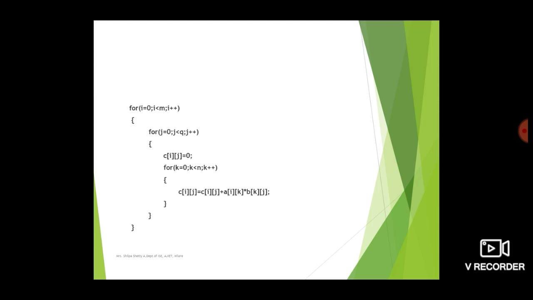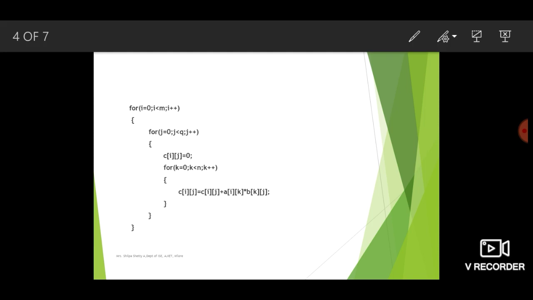So for i = 0, the loop variables remain i and j here. i = 0, i < m, because we are taking elements from a particular row of the first matrix. So for i = 0, i < m, i++. For j = 0, j < q, j++.